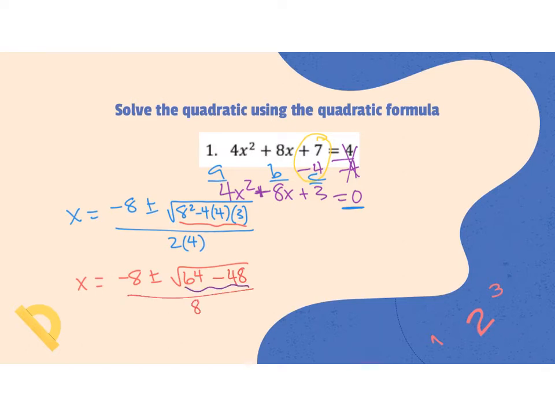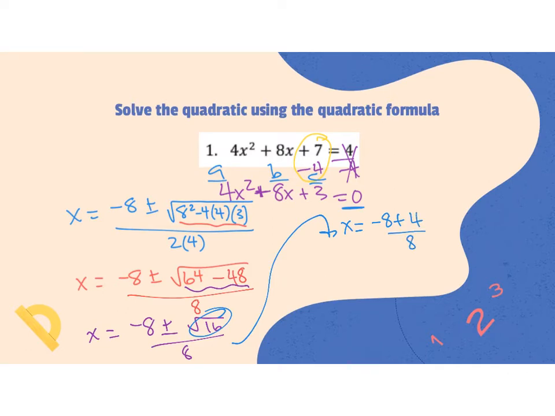Now take care of that subtraction. So I have x is equal to negative 8 plus or minus 64 minus 48. That's 14, 15, 16. I'm typing it into my calculator. Yep, 16. So I have the square root of 16 there, all divided by 8. Next, I take care of this. I'm going to come up to my new row. So I'd have x is equal to negative 8 plus or minus the square root of 16, which is 4,